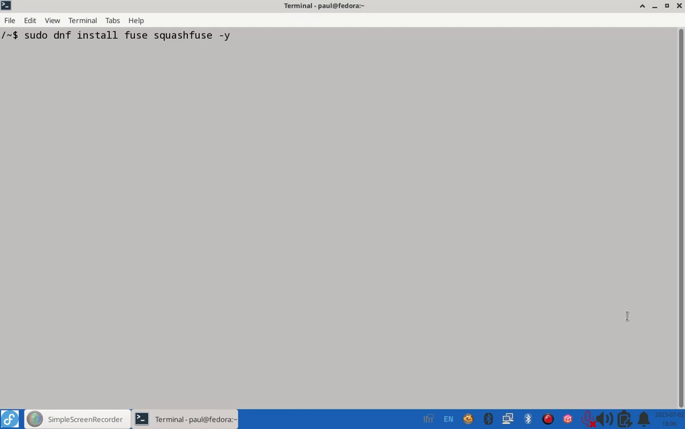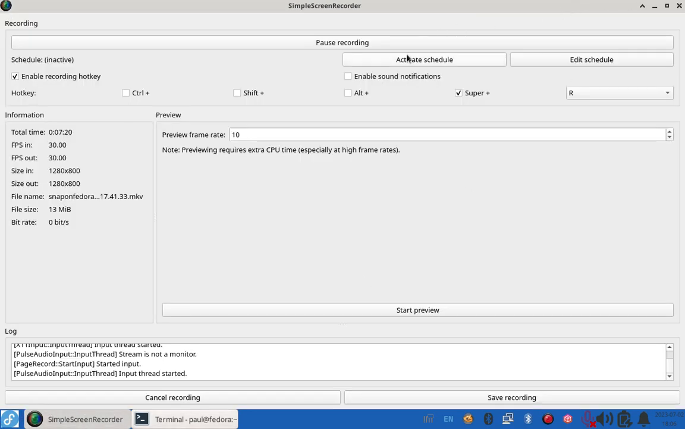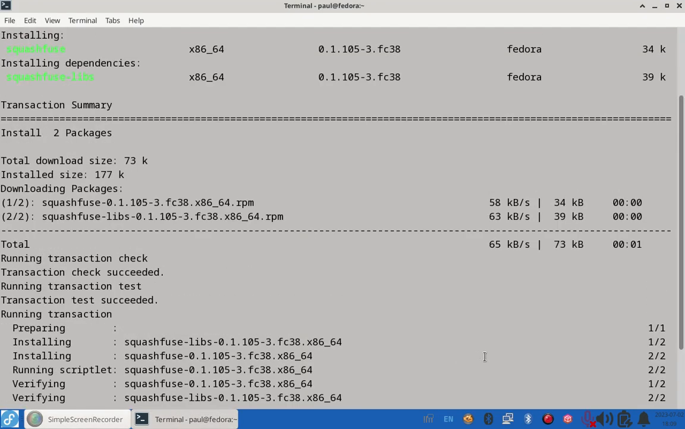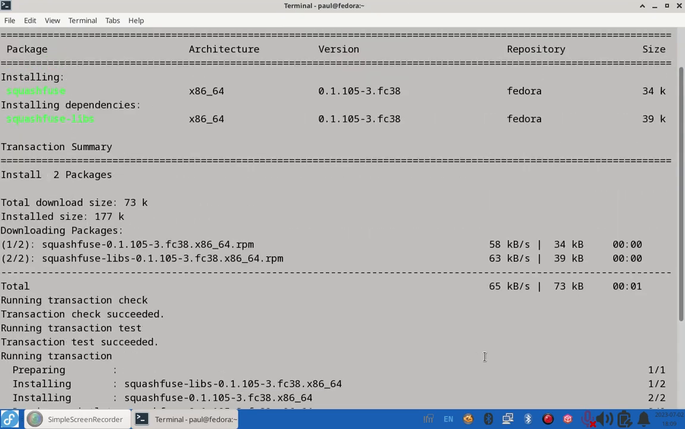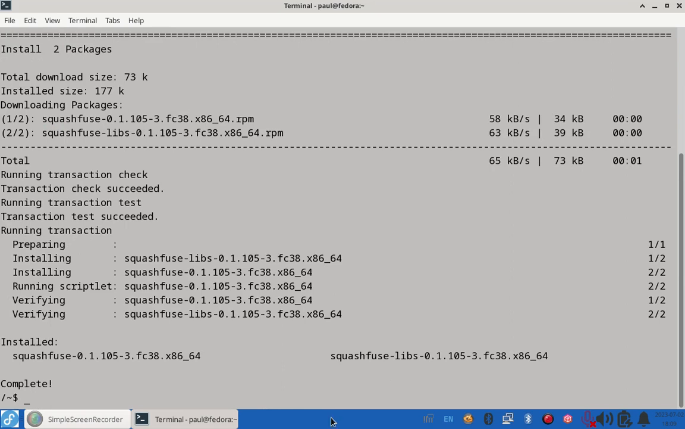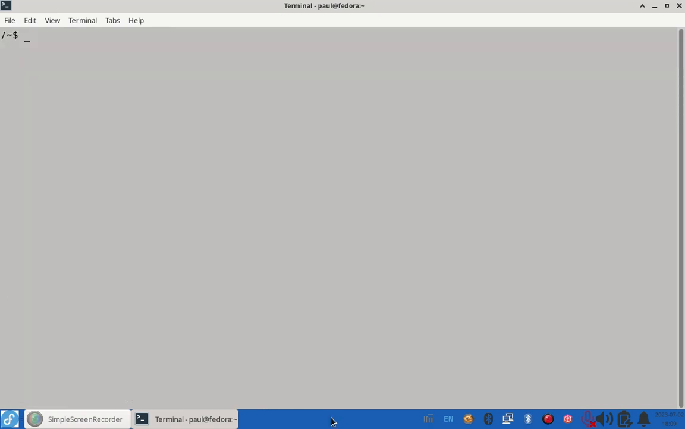Again, DNF is slow. I think it's slower than APT. So we're back when it's done. Okay, so once we've installed those two packages, Fuse and Squash Fuse, and you can see I did that there. It did take a while. It's very slow. So then we can go ahead and clear on this and move on to step 3, which